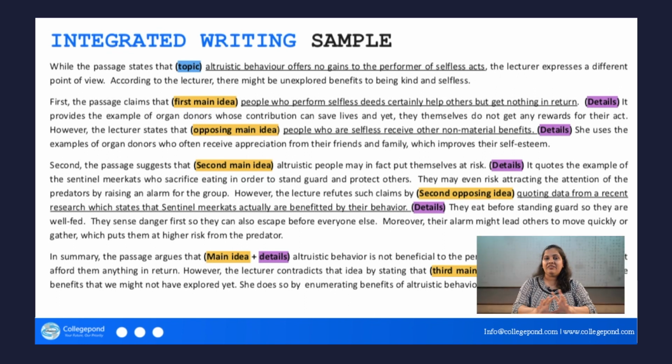So I hope whatever I just explained to you makes sense to you, and try and apply this when you practice. It may work for you and it may not work for a lot of you, which is quite fine. You can come up with your own structure, but as long as you are writing in a systematic manner, your writing makes sense, and you are doing what the task requires of you to do, you're all set.